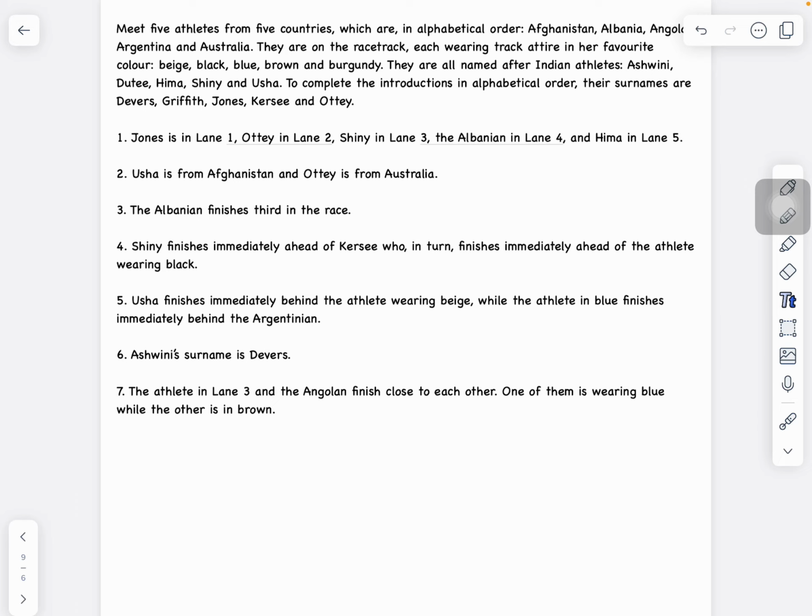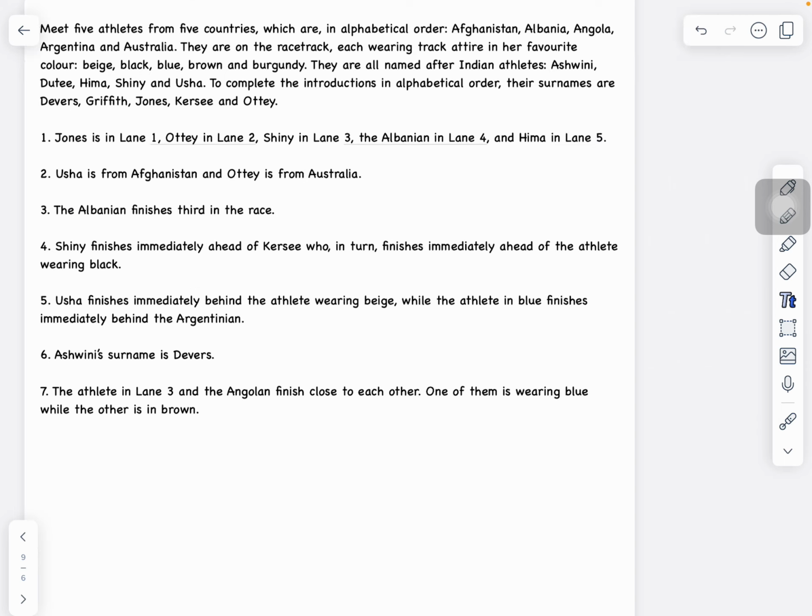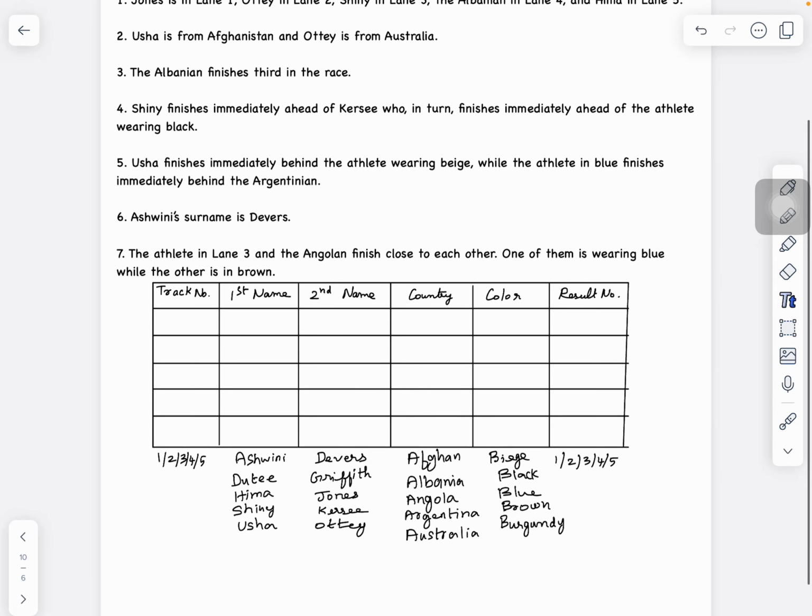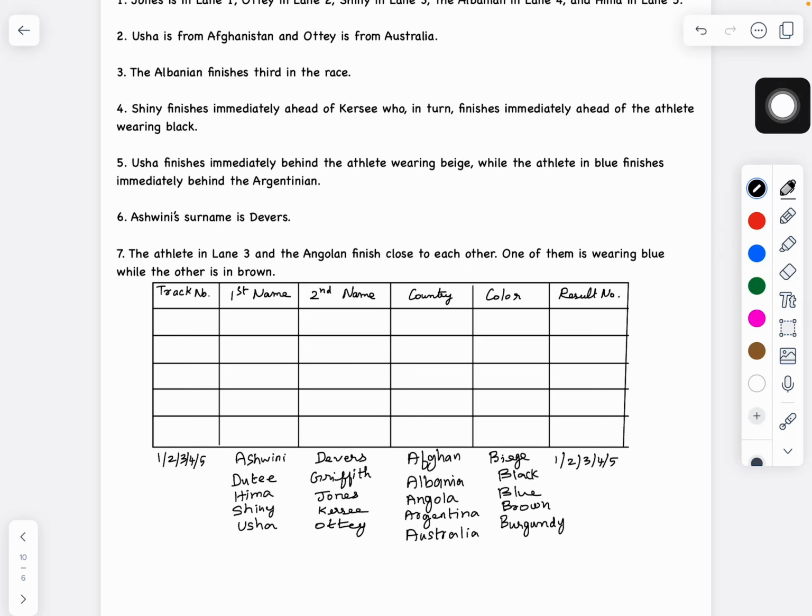And to approach these kinds of problems, it is better to go with a table based architecture. So it will be easier for us to arrange the values inside these tables. So I follow a table something like this, where I have a six column architecture. The first column I have mentioned track number, and then first name, second name of the athletes, and then country, color, and then the final one is result, who's come in for position number 1, position number 2, all the way. And below this table, I have written all possible values that I'm going to enter into the particular cells. Now, one of these values is something that we can go ahead and fill by default,